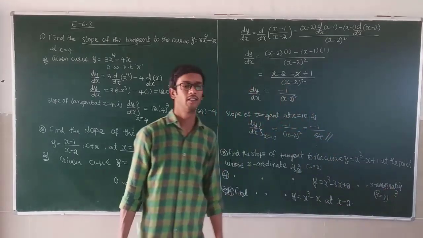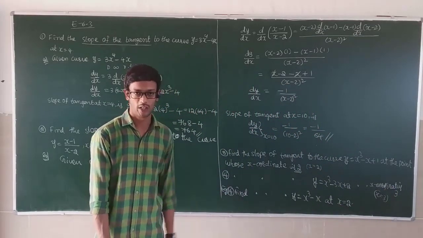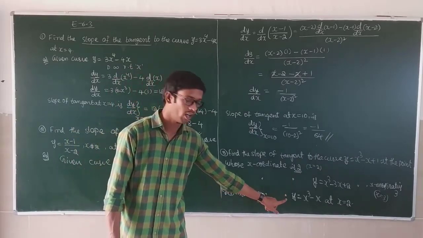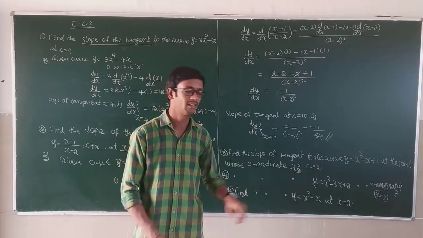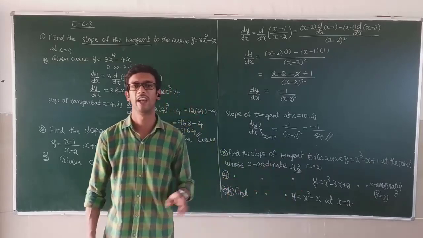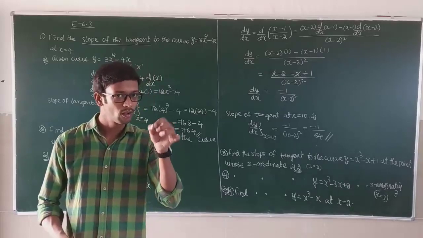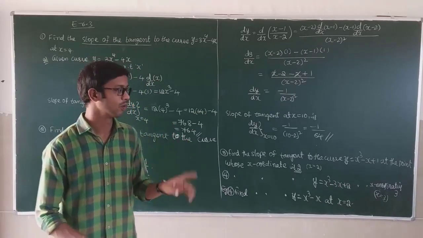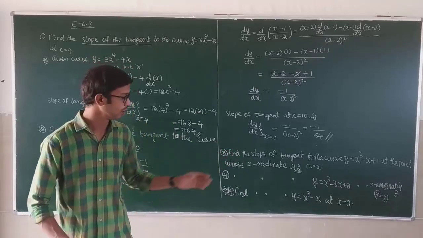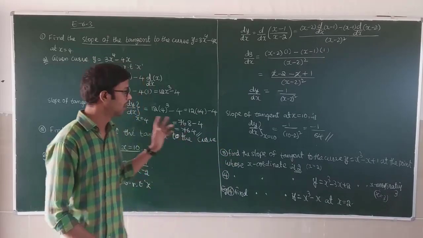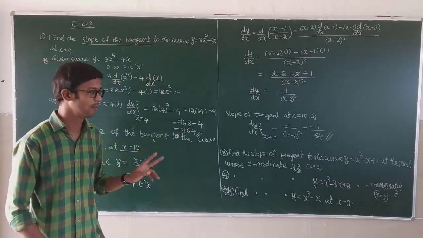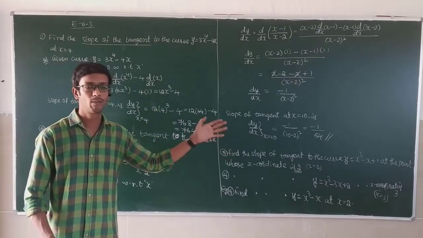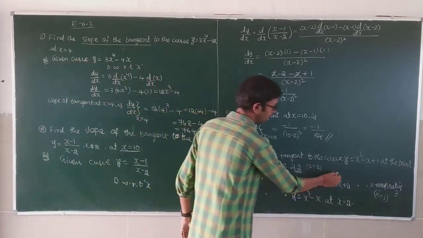X value is 3. Next, example 14. Find the slope of tangent to the curve y equal to x cube minus x at x equal to 2. The x coordinate is nothing but the x value: x is equal to 2, x is equal to 3. These three problems are similar, 1 and 2 are also the same type of problems. I explained 2 problems. Pause the video to note down this problem, and leave space for this problem and do this one.